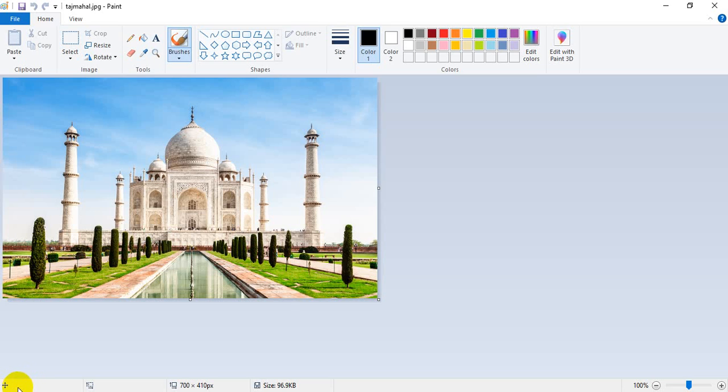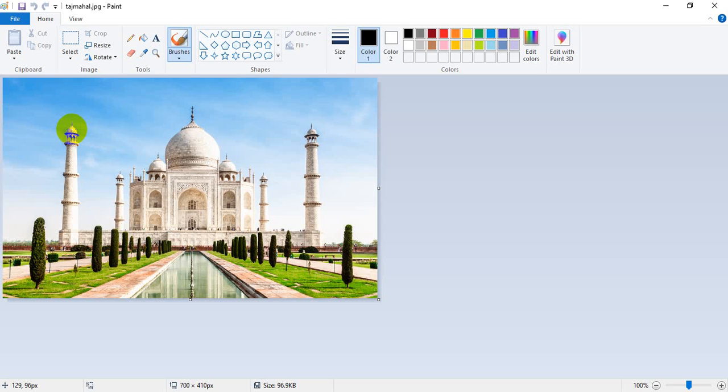Right now you don't see anything because my cursor is not on the image, but when I move my cursor onto the image, you will notice that some number is displaying, which is continuously changing as I move my cursor. For example, when I put my cursor on the left tower of the Taj Mahal, you will notice some number like 129,96 px, that is a pixel.